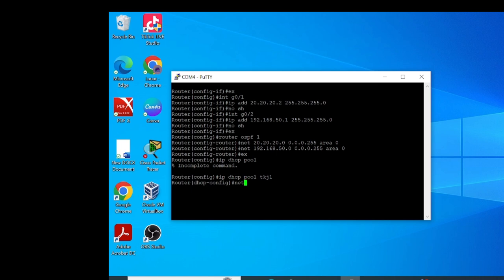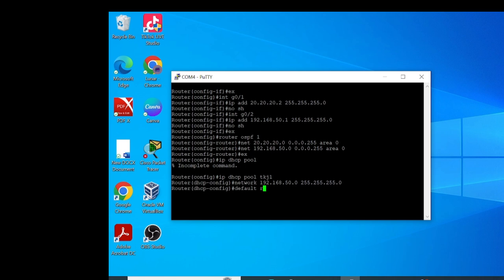And then enter the configuration network, IP address, like in the router OSPF above, the same as above.